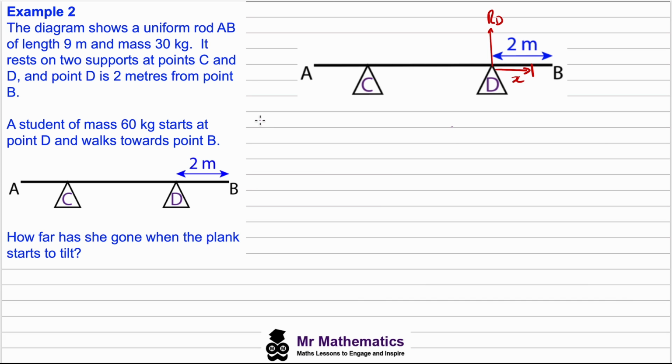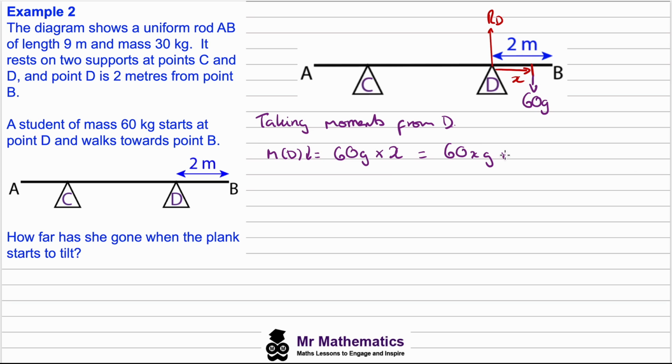So taking moments from D, we know the clockwise moments from D will be the student of mass 60 kilograms, so we'll have a downward force of 60 newtons multiplied by a distance of x meters, and this will give us 60xg newton meters. The anti-clockwise moments, well, we're told that it's uniform with a mass of 30, so we'll have 30g acting in